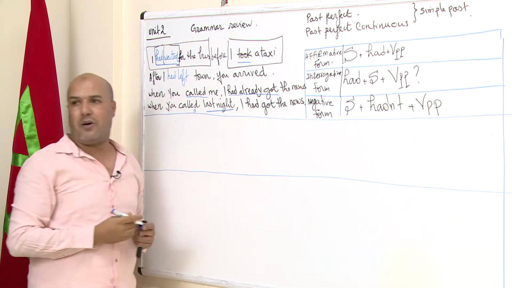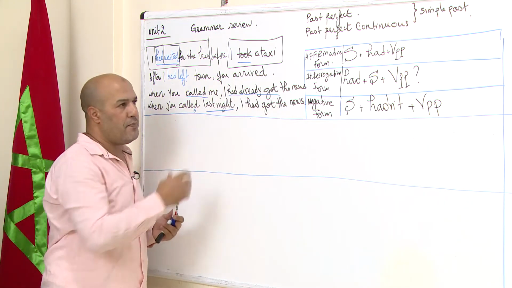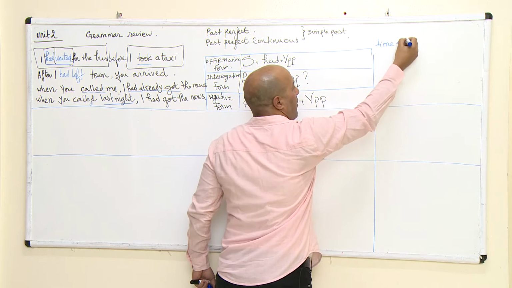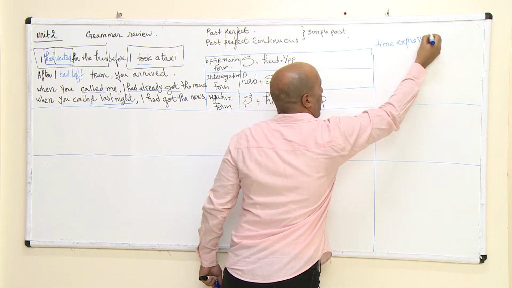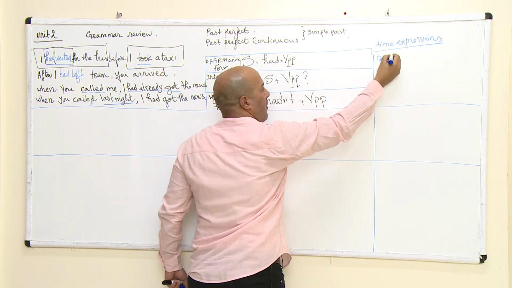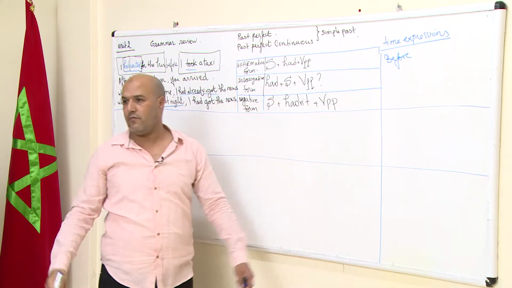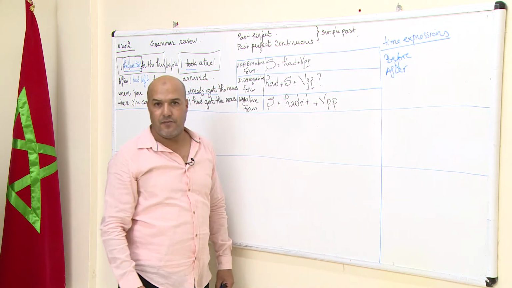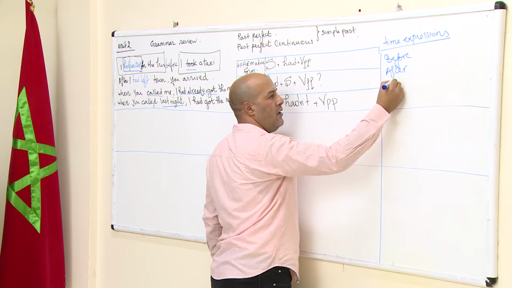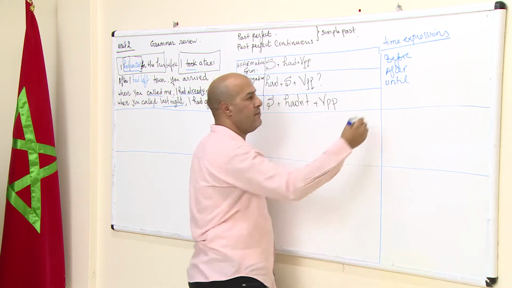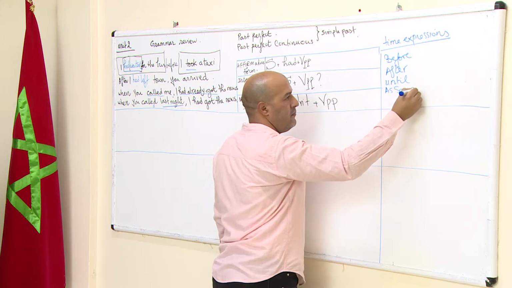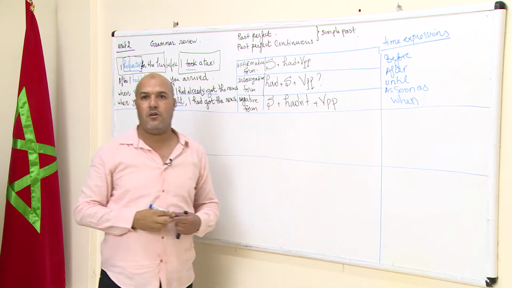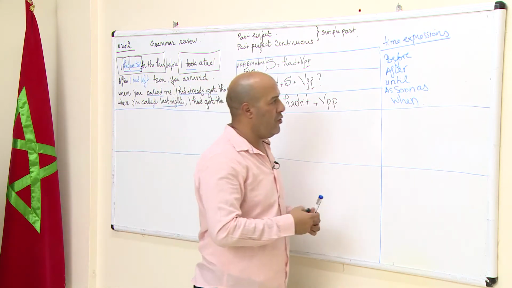The rest is the past perfect. So we use the past perfect with some time expressions like before, after, until, as soon as, or when. So with these time expressions, we normally will have